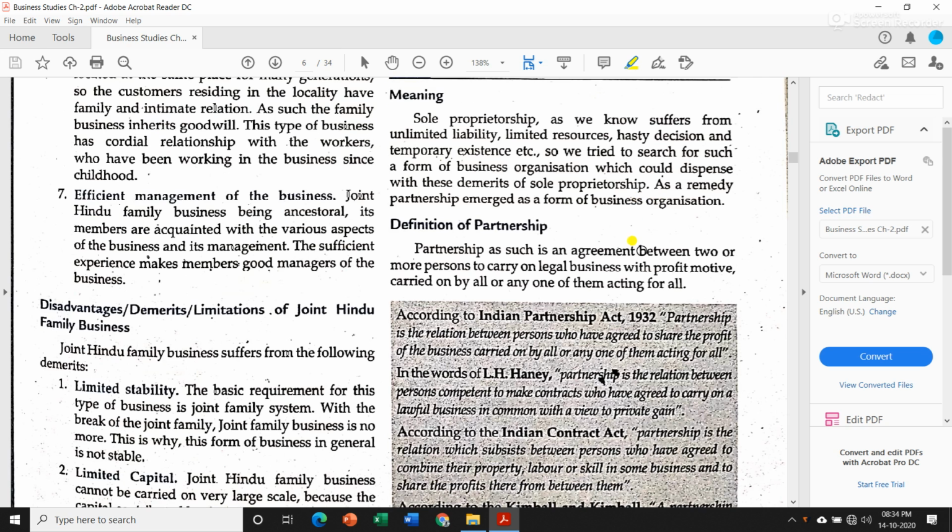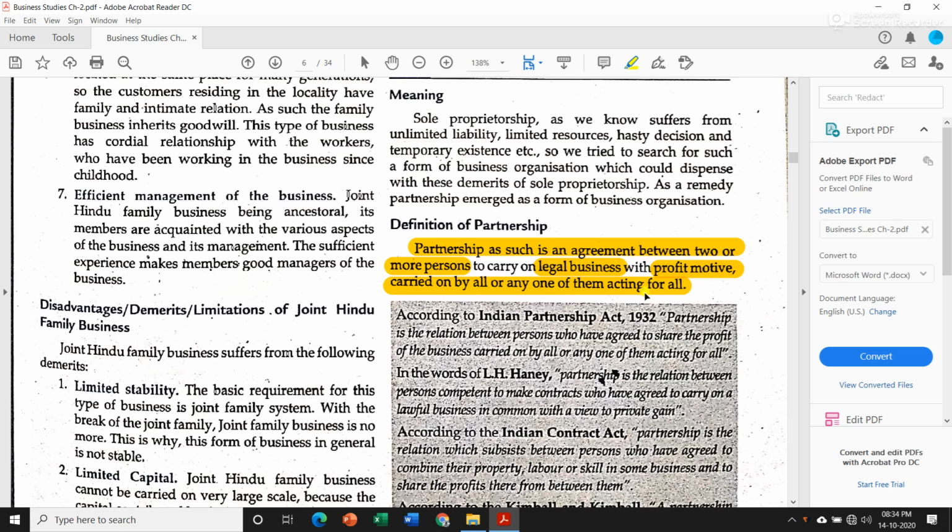Now let us see the definition first. Partnership as such is an agreement between two or more persons. Now there should be an agreement between two or more persons. So a minimum of two persons should be there to carry on a legal business. That means the business should be legal and not an illegal one, with profit motive. So profit motive should be behind forming this partnership, carried on by all or any one of them acting for